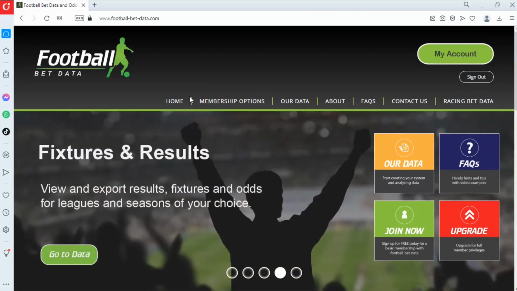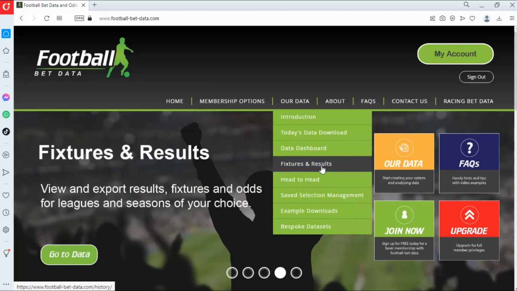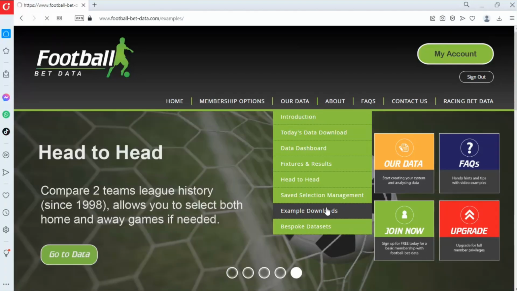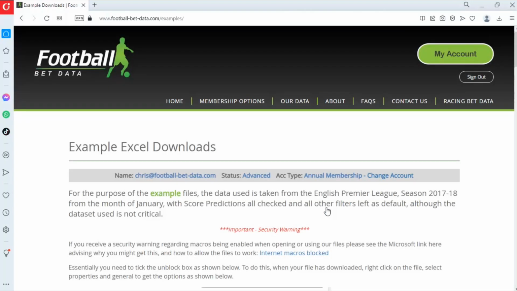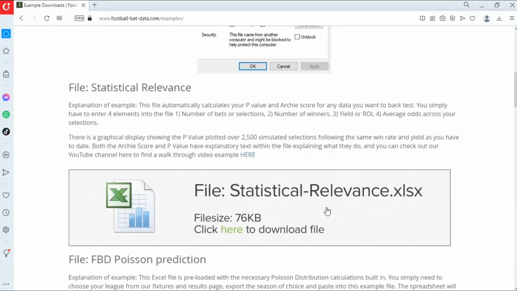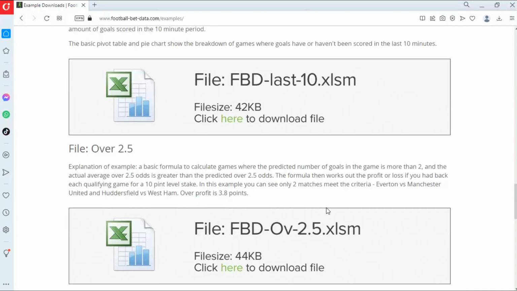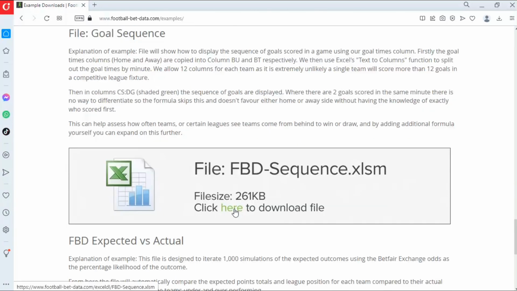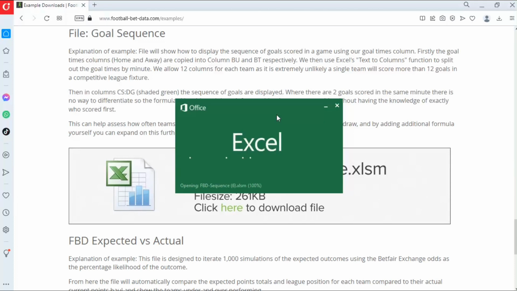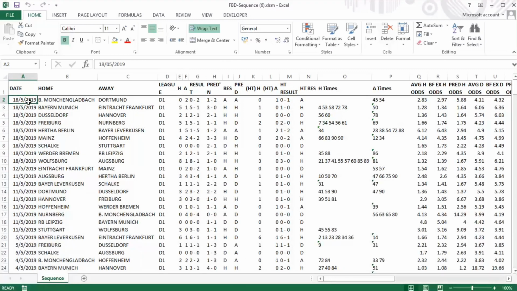Okay, so lecture over. Let's get into the data as we always do. Now, the first thing we're going to use is one of our Excel sheets that we've already created for you on our example download page. And again, this is a free sheet available to everybody and anybody, and we're going to use the sequence one. So I'm going to click this here and download it, open this one up. Now it's pre-populated with data. We're not going to use the data that's already in here. We're going to use our own outputs. So I'm going to flick back to the website,